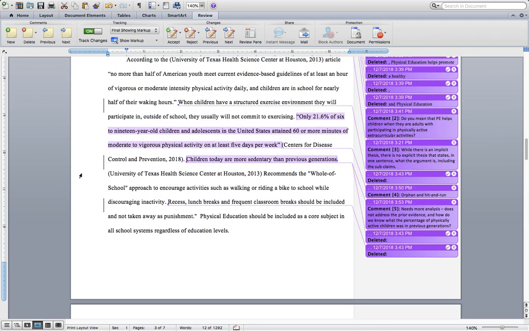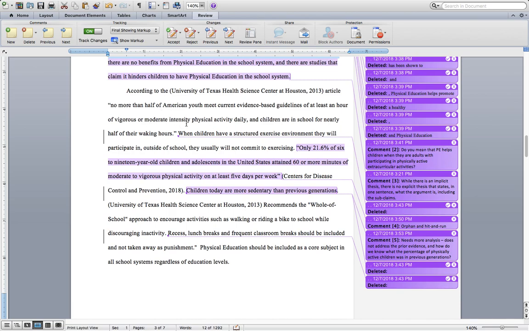That, I think, is the argument of this particular paragraph. That being said, a topic sentence would need to be written that would address that in particular. So I'm just going to take a stab at writing a topic sentence for this particular paragraph. So that would be something like,